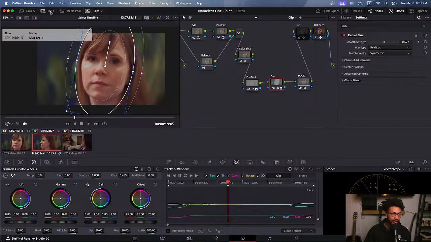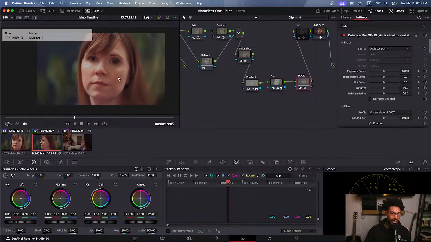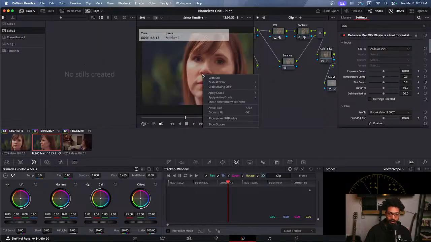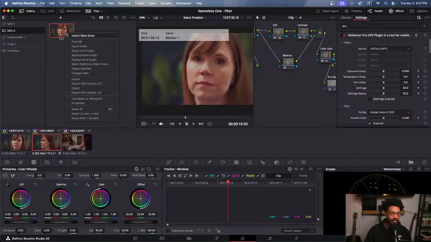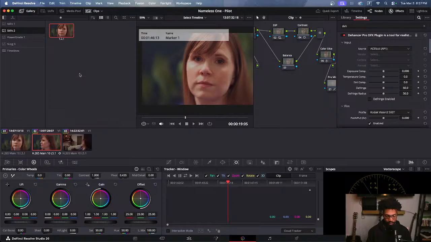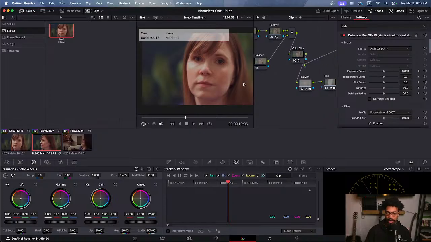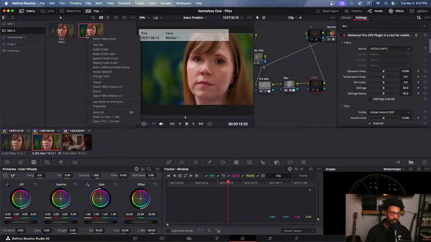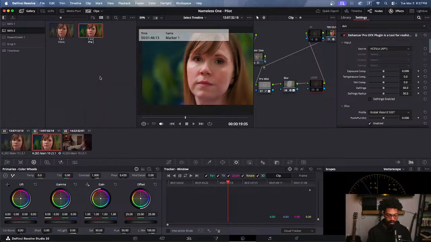Let me do it like this, so that we can just see it. I feel like that's the word of the night, "let me do this." I say that so much. All right, we're gonna grab a still. That's our final look. I'm gonna call it final, and then I'm gonna say that's without the look. No look. Pre-look, and then without